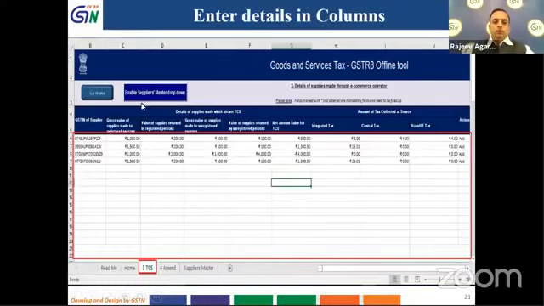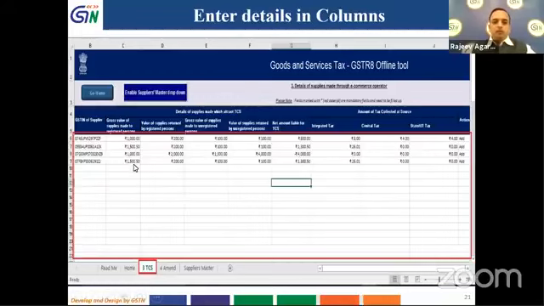So since I want to use the enable suppliers master dropdown, I will click on it. Otherwise, I will click on it and it will disable. After it is disabled, I can simply type the GSTN of the supplier over here, or I can copy and paste it from any other Excel sheet or place. So after I have filled in all data, I will have to validate the sheet, which will come over here, that we will see later.